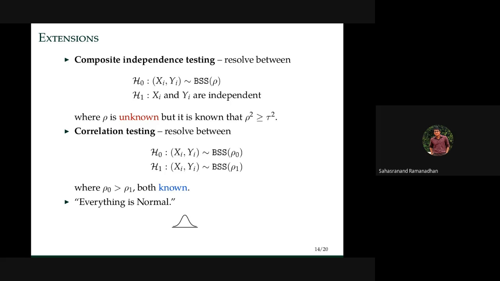Whatever we said for binary sources holds true for Gaussian sources, but now we are saying that for any distribution that you start with, you can anyway convert it into a Gaussian distribution and then solve the problem for the Gaussian distribution. So we just need to focus our attention on Gaussian distributions. And so far, whatever we have derived also holds true for Gaussian distributions. So now we have looked at one-dimensional cases. Now let us go to higher dimensions.